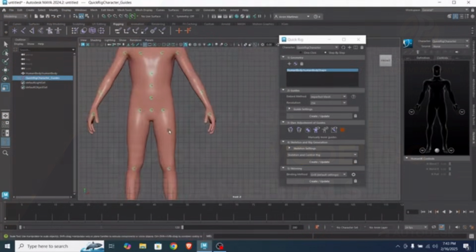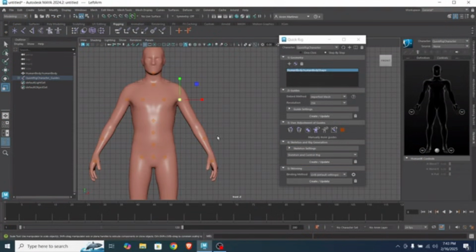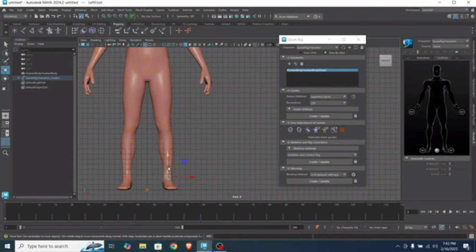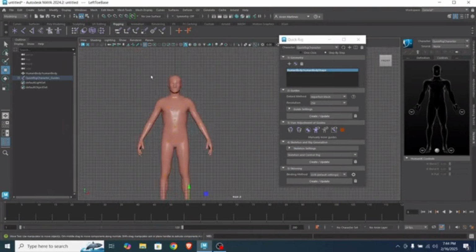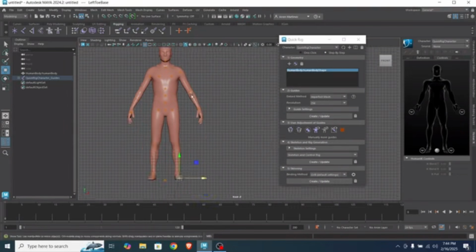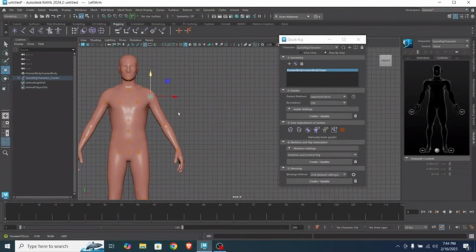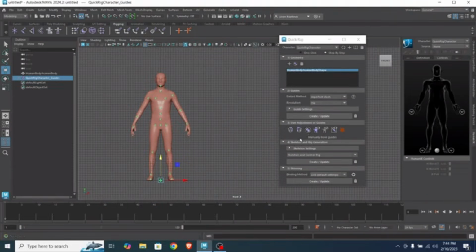Now, I know looking at the Maya interface for the first time, it can feel like you're staring at the cockpit of a commercial airplane. There are hundreds of buttons, drop downs, and complex menus.